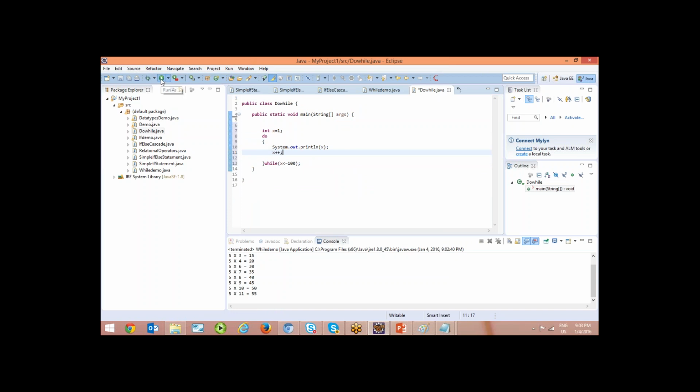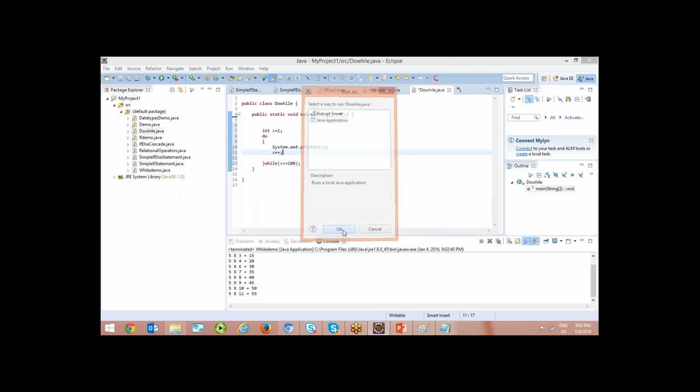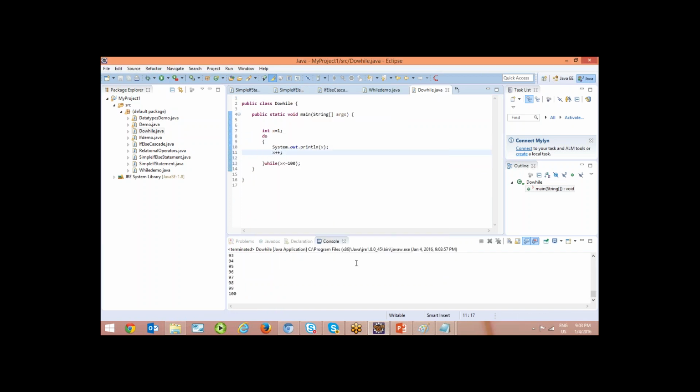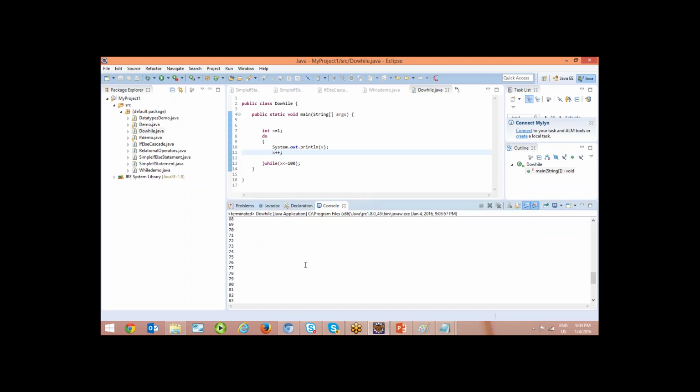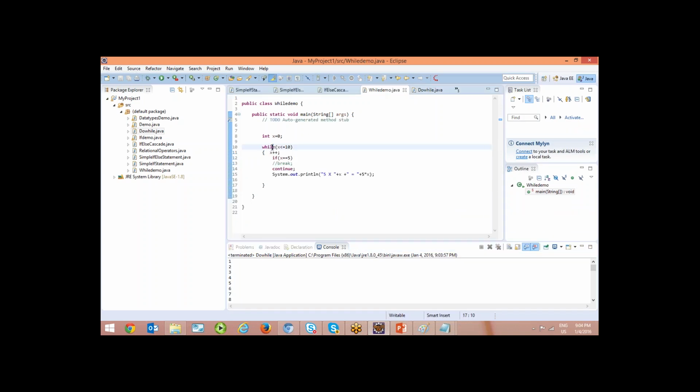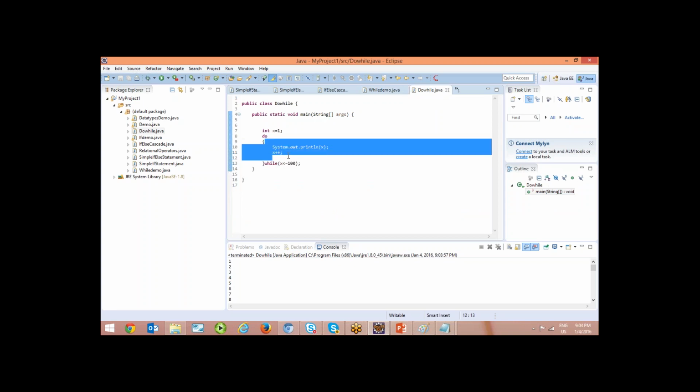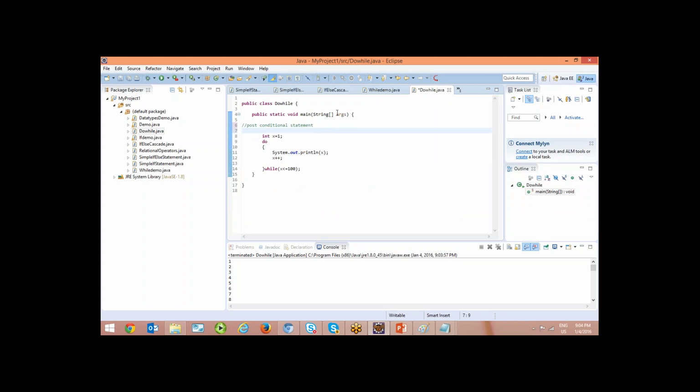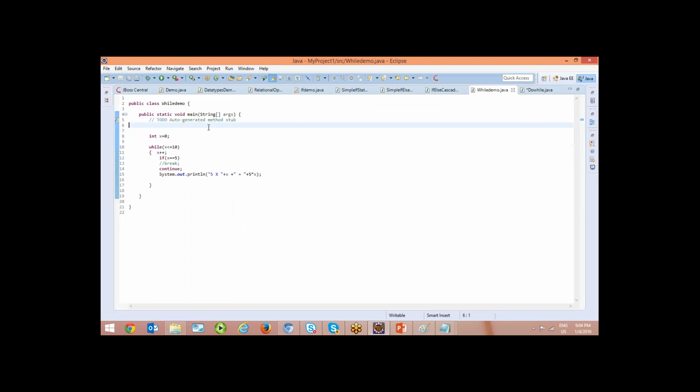It is also doing the same job like your while conditional statement, but the difference is that one is the preconditional statement. This is called post conditional statement. It will check the condition at the end, whereas in the previous case it is checking the condition at the beginning and it continues. Whereas in do while it will do the statements first and test the condition last. This is called post conditional statement, while is called preconditional statement.